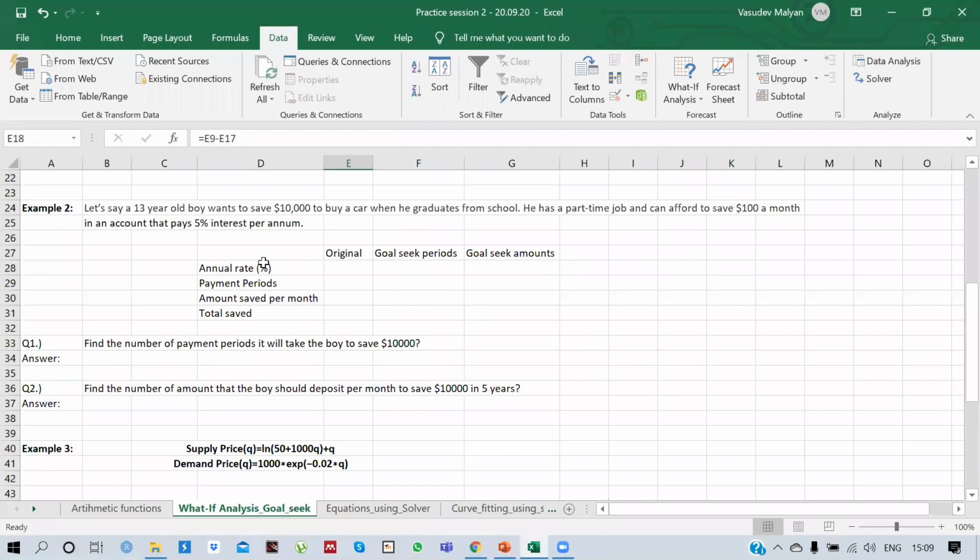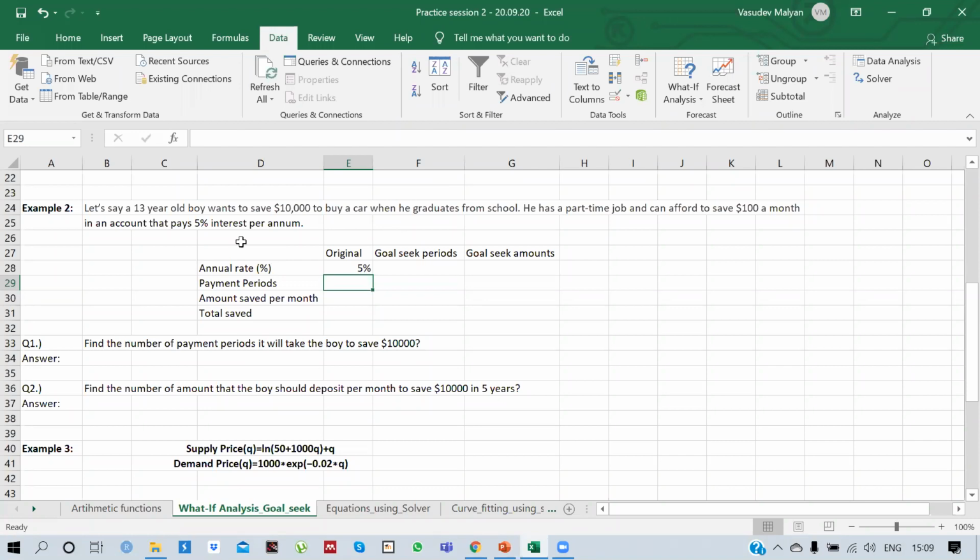I've already written here that our annual rate is 5%. Now, the number of payment periods. This boy is 13 years old, and by the time he graduates he will normally be 18.